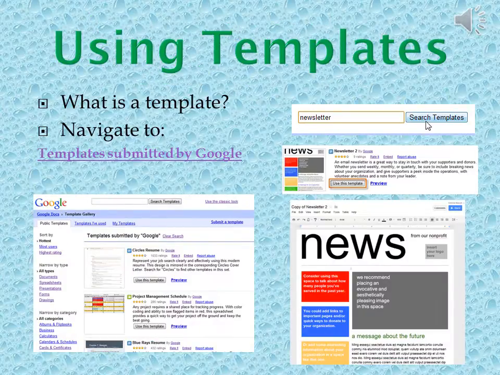We're now going to talk about using the templates that are a part of Google Drive. Google has these in a lot of their different programs that they offer to you. A template is a pre-designed file you can use to quickly create new documents. Templates often include custom formatting and designs, so they can save you a lot of time and effort when starting a new project. Most templates are designed to help you create specific types of files. For instance, you could use a template to quickly create a resume or a newsletter.